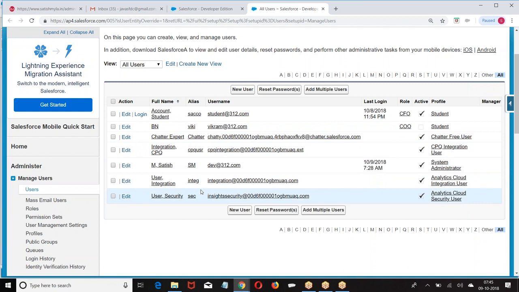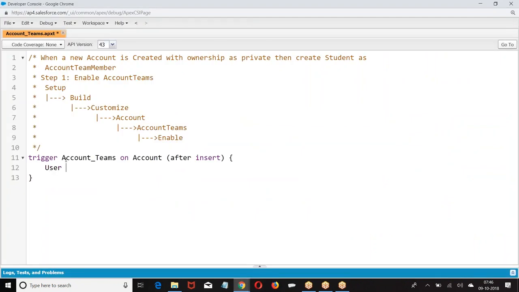So first write a query, user u equal to the student. Then take one by one account and create account team member.